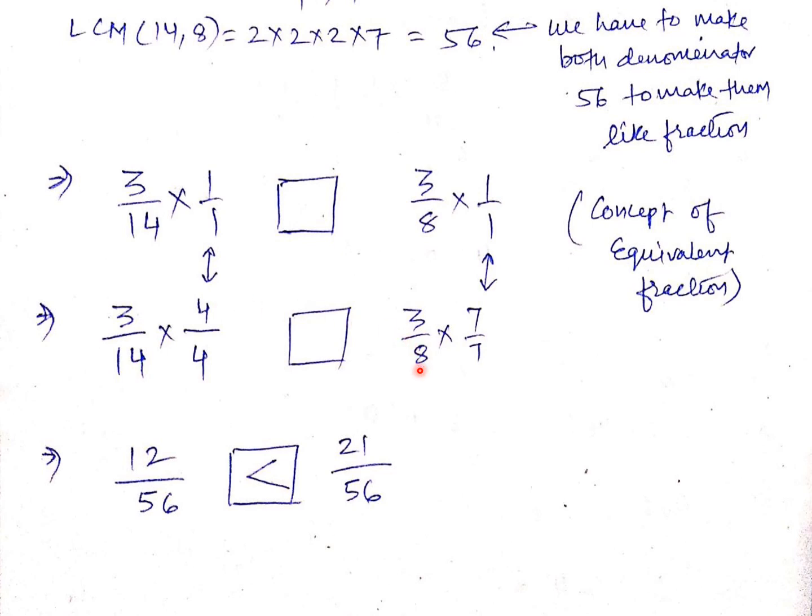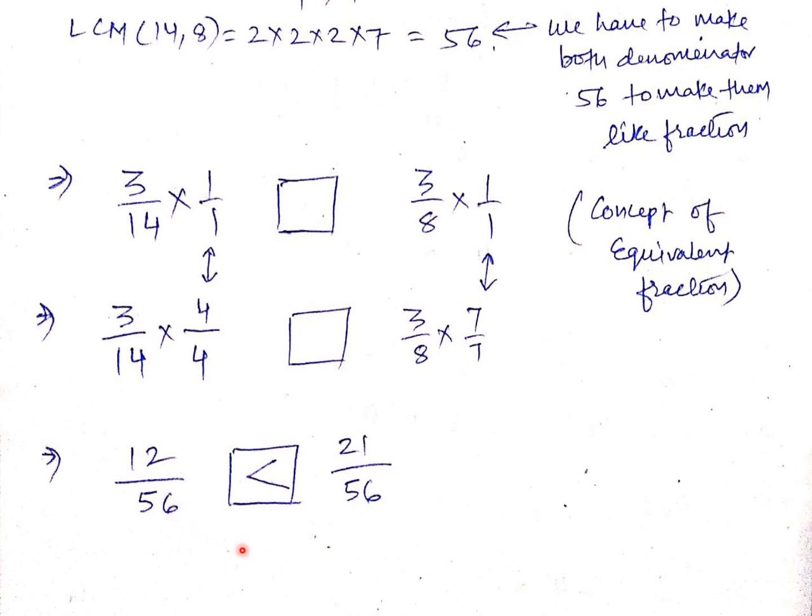Now we have 8 in the denominator. Again come here. 2 twos are 4, 4 twos are 8. This number we have already. What is left? 7. So we multiply with 7. So I have given you 2-3 hints to understand this thing. Okay, you can use any hint to find these. Now 3 fours are 12, 14 fours are 56, 3 sevens are 21 and 8 sevens are 56.